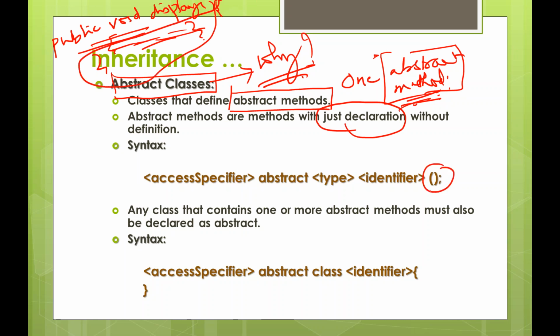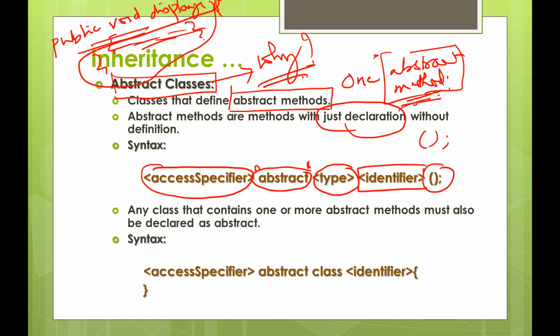It will just have parentheses, and then we close that. This is your access specifier. We will use the abstract keyword, and then the return type of the method, and then your identifier. If you want to make this method an abstract method, we will write it this way: